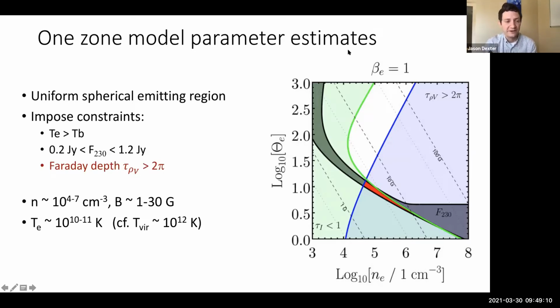But from this, over a wider range of parameters, we can again estimate what the plasma properties are right next to the black hole. In particular, one interesting quantity you might be curious about is the magnetic field strength in Gauss, and we would say that it's roughly 1 to 30 Gauss next to the black hole. Similarly, the electron temperature can't be too high, otherwise you would suppress this Faraday effect. And so we think the electrons must still be relativistic, but moderately relativistic, not, say, ultra relativistic next to the black hole. Okay, so that's qualitative result number 2.